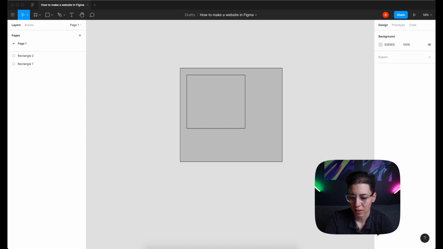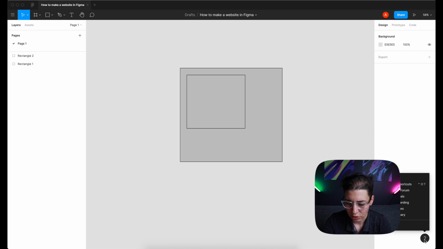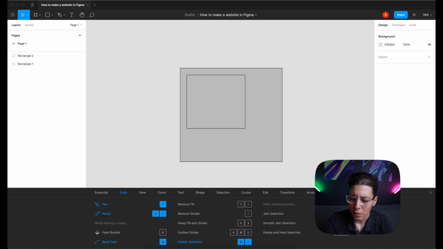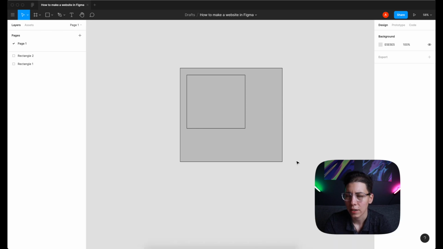And usually apps have extra stuff like help and resources. Figma actually has a nice help section. You can go here, keyboard shortcuts, and then you can see everything that's happening over here. But I will tell you and share one cool app with you with which you can learn shortcuts a little bit faster and use it to your advantage to be super productive.